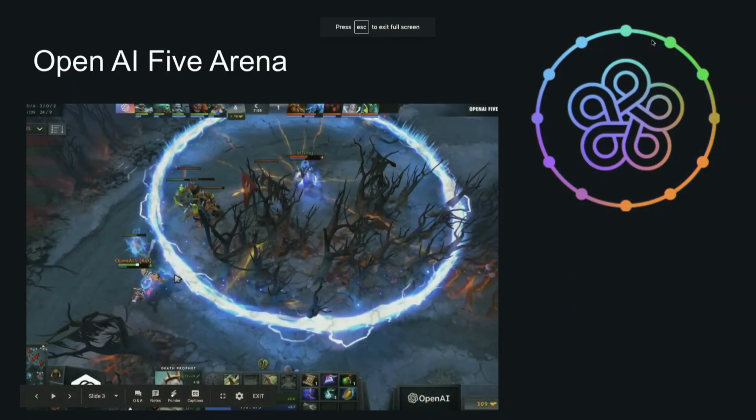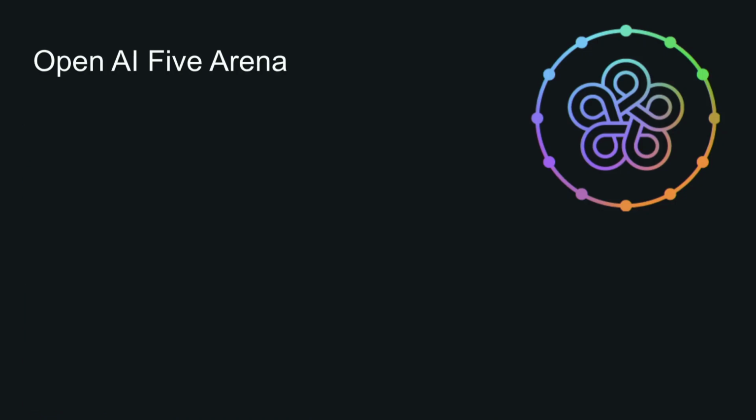After the main competition, they tried out their model against one of the top human teams, and it won both games in a best-of-three match. They won the first two, and that was that. Right after that, they announced the arena, which was several days, a few weeks back, where people could pre-register and sign up to play against the AI.